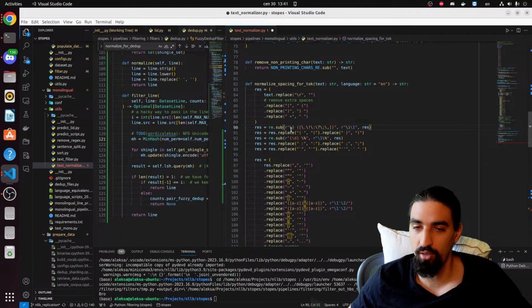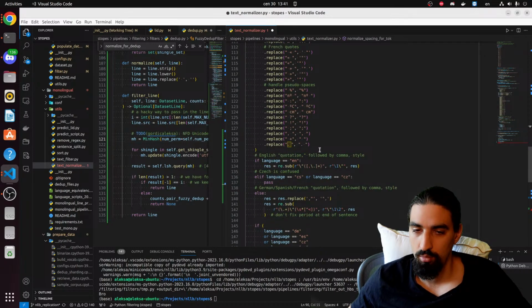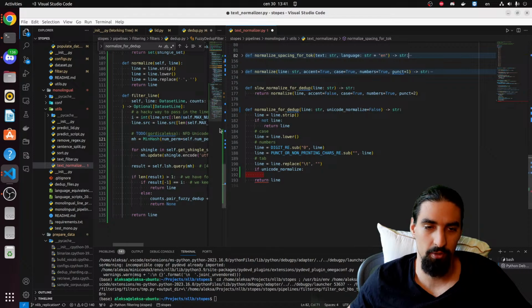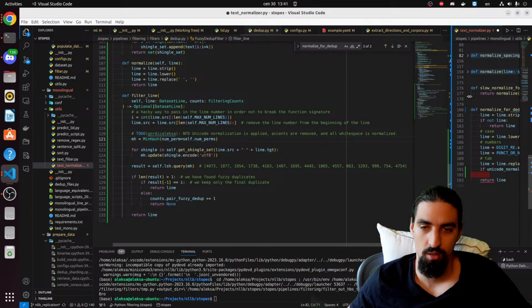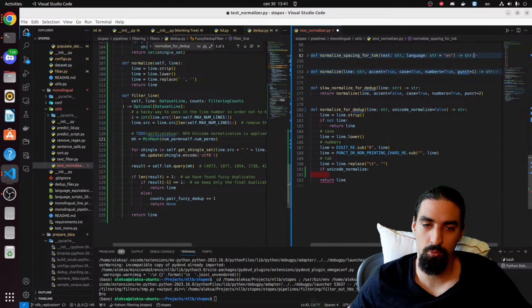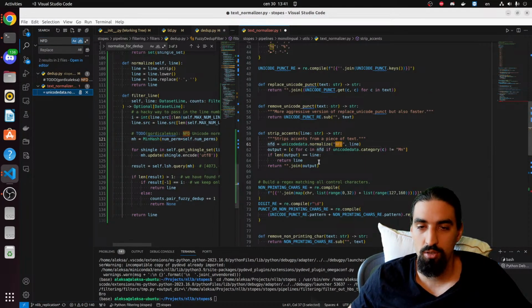This is some punctuation, I guess. Removal. Okay, so ultimately what I want to do is just add accent removal and Unicode normalization. Let me see where we are using this one, so this one is using strip accents